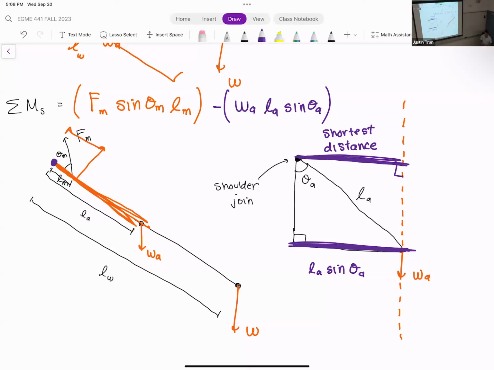Okay, and so if we look at the force W here, it's very similar to the WA, and that's acting vertically downwards. And so we can use the same logic here to say that the moment due to the weight W is minus W LW sine of theta. And all of that's going to be equal to